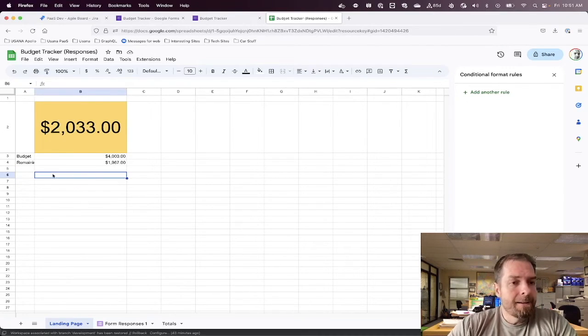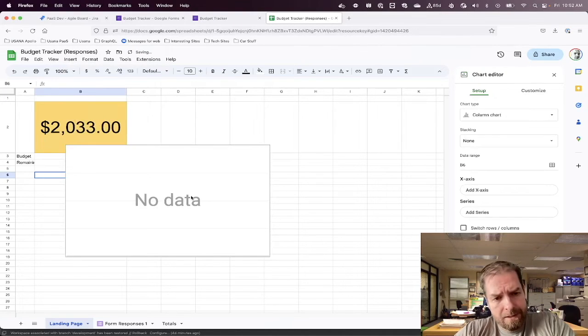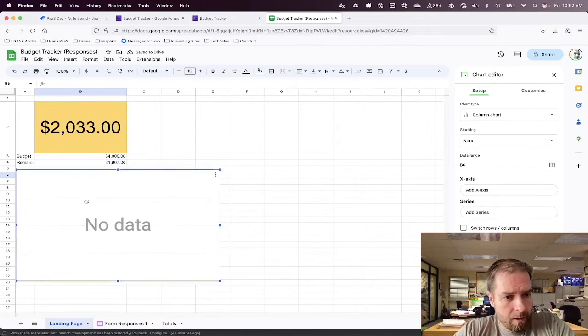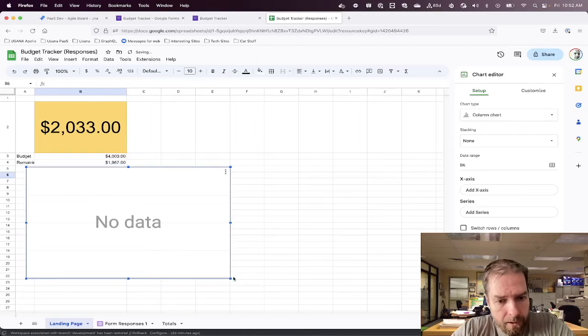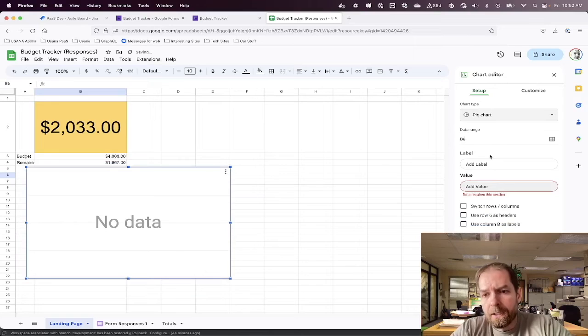All right, last thing I promised you was a pie chart of the data, because we want to see our spending categories. That's fun. But we're going to say chart is going to be pie. And what we want to do,